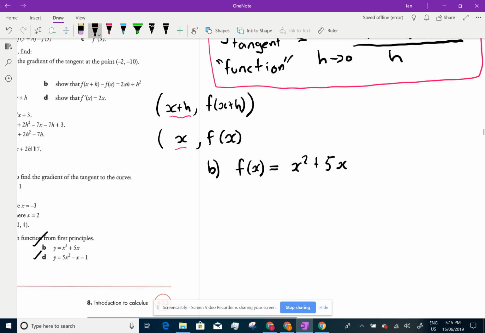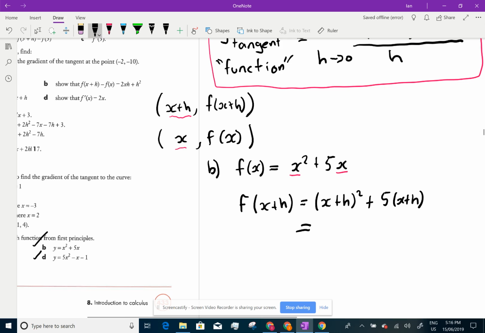Well, that's okay. That's our function, which is our y value, but we need f of x plus h. Everywhere there is an x, I'm going to put x plus h, and I'm going to put it in brackets because I have to do everything to the x plus h. So here we have x plus h all squared plus 5 times x plus h,